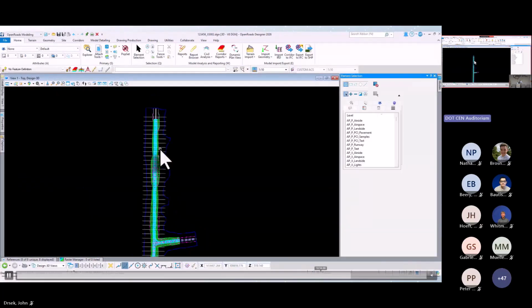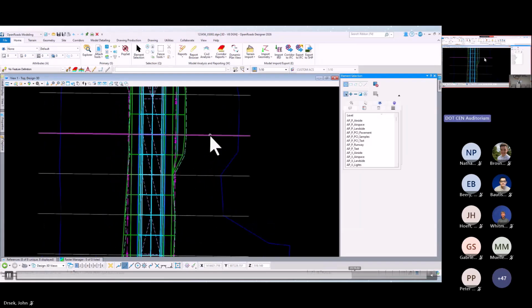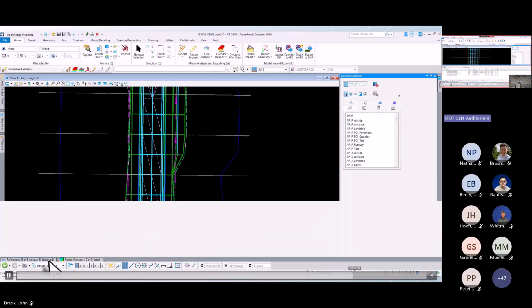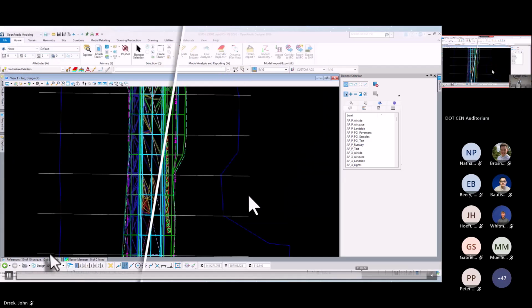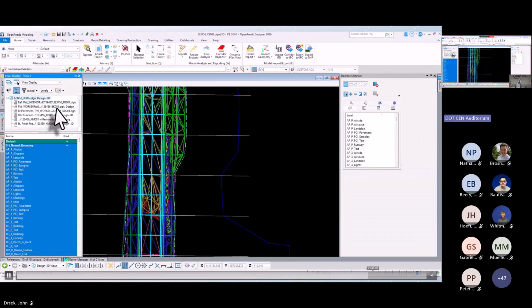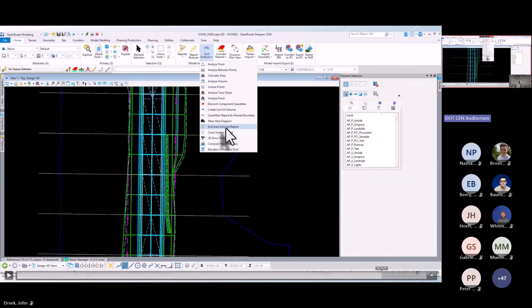So now what I'm going to do is, like we talked about a second ago, in addition to making sure your volumes delineate correctly, you want to make sure that they're tabulating correctly also. So I'm going to jump into a cross section after I reference all of that undercut and earthwork in. So what I do in this sample,